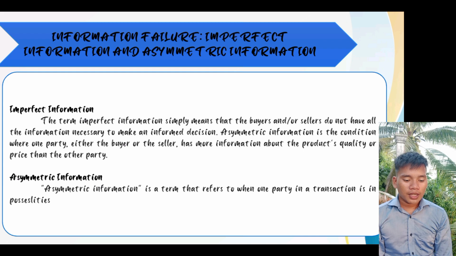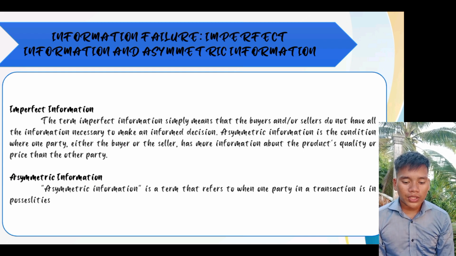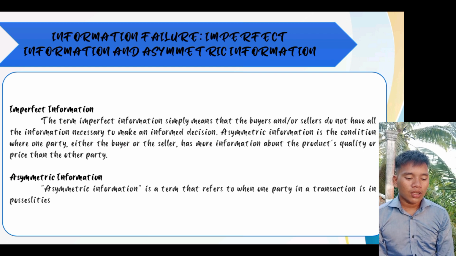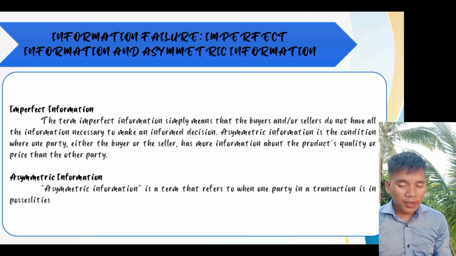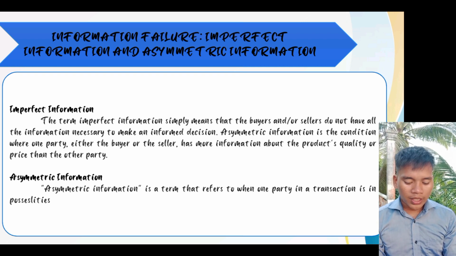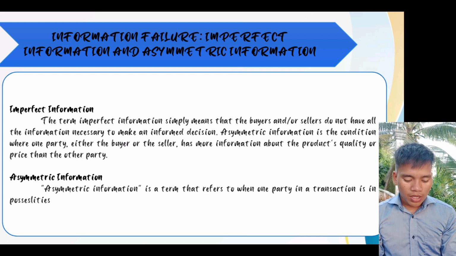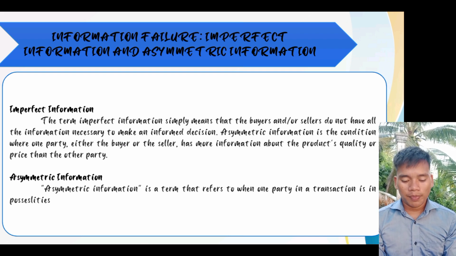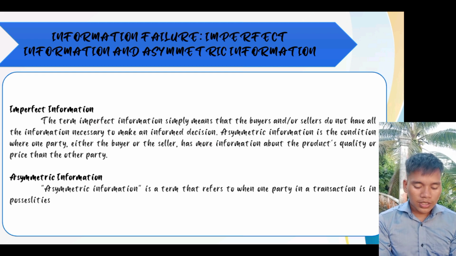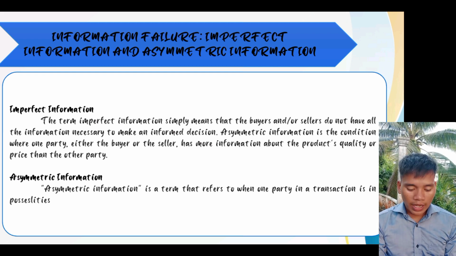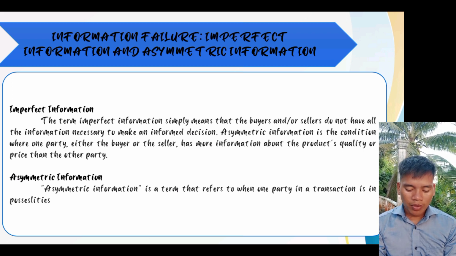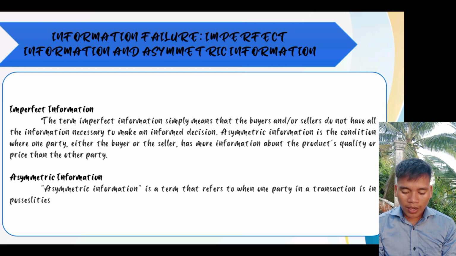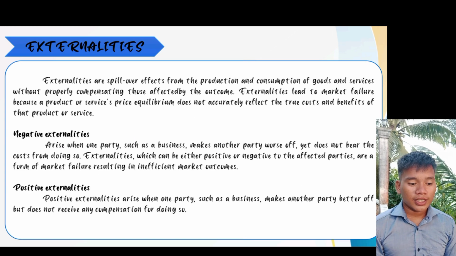Asymmetric information is a term that refers to when one party in a transaction has more information than the other. Asymmetric information happens this way: the other side of the party does not know what information the other party may be hiding or keeping. Thus, the information is not parallel, which makes the information asymmetric. A classic example is the market for used cars, where the possibility of buying and selling of the lemon, a defective car, becomes probable.